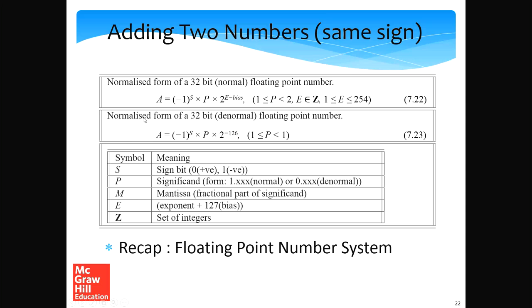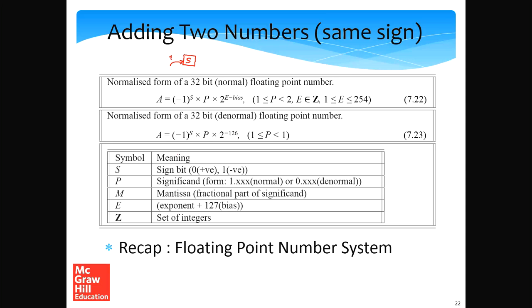Alright, so let's quickly go back to chapter 2 and do a revision of how floating point numbers are stored. We'll use a 32-bit number system as the running example, but the same results hold for 64-bit. I'll not repeat the same thing here. So in a 32-bit number system, we store